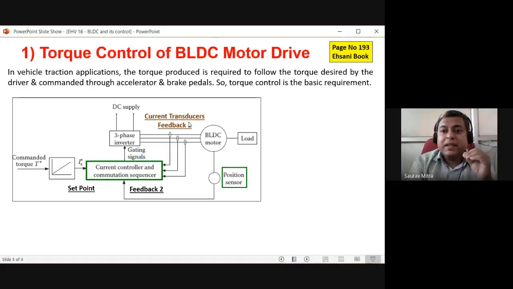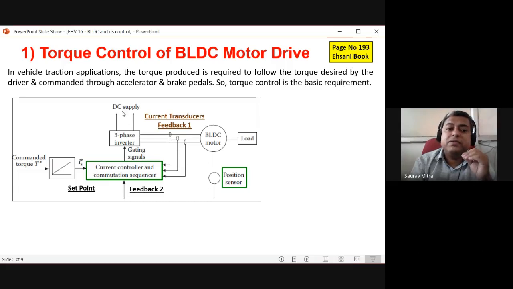So while you are writing the speed control in the exam, you have to write about 3 things. So there are 3 types of inputs coming at the input of the DSP controller. First is the set point, that how much torque is being expected by the driver. So that is a set point, that I want this much torque. Then second is position sensor. Position sensor is telling what is the position of permanent magnet north south pole with respect to coil 1, coil 2, coil 3. And third is how much is the stator coil current which is being supplied to each of the stator coils by the inverter.